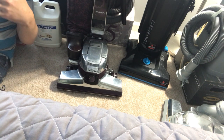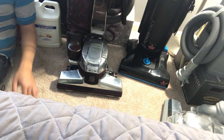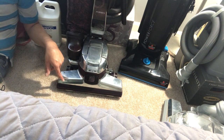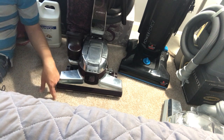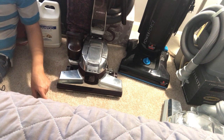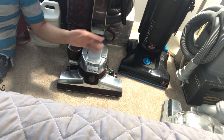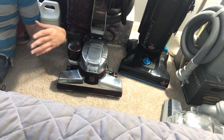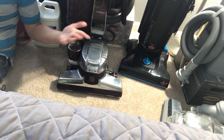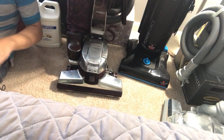and the consumer will be very appreciative because that's a machine that's going to last them a very, very long time. And this doesn't just go for Kirby, this goes for Sebo, this goes for Aerus, Electrolux, Sanitaire, Eureka Sanitaire, Bissell Power Forces, Hoover Wind Tunnels, like the basic Hoover Wind Tunnel bagged vacuum cleaners. For the most part, they've been pretty streamlined. Up until recently, they were pretty streamlined. That basic thing,